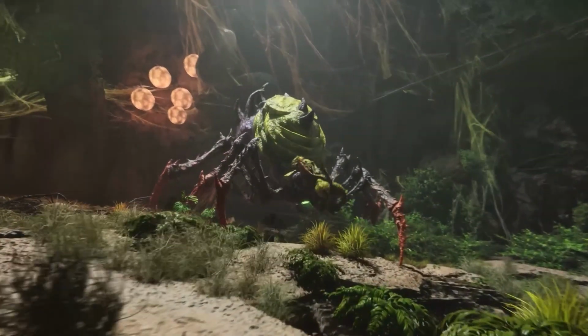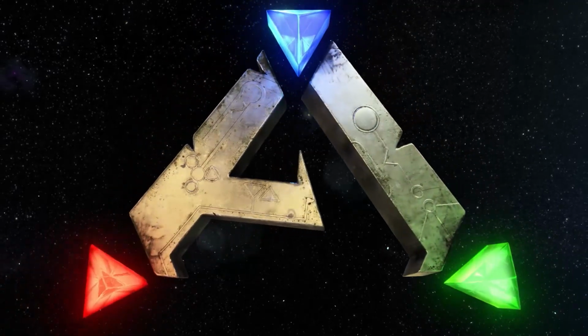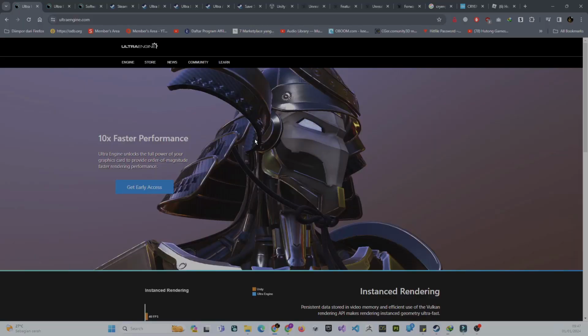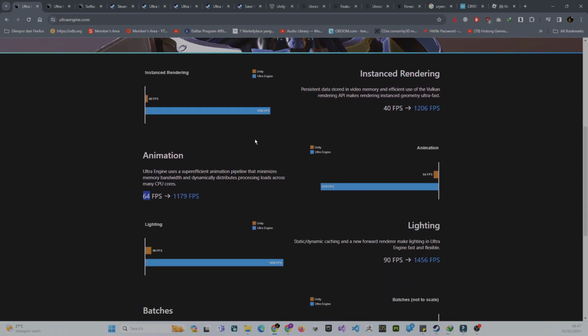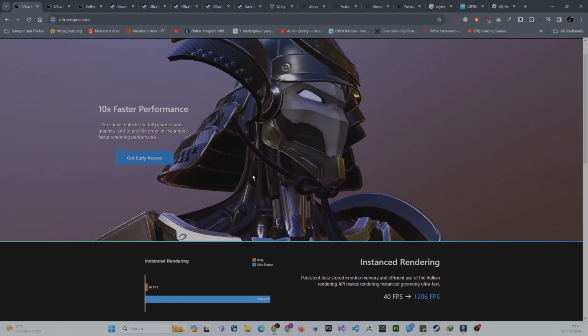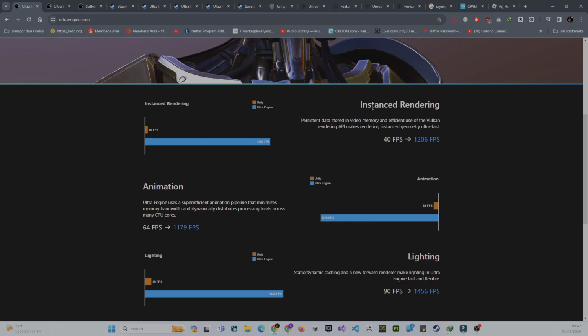And the new one is coming, I think. This one is the Ultra Engine. This one is different from the other engines, but they claim it's 10 times faster than Unity, I think. And if you see right here on the website, you will find that